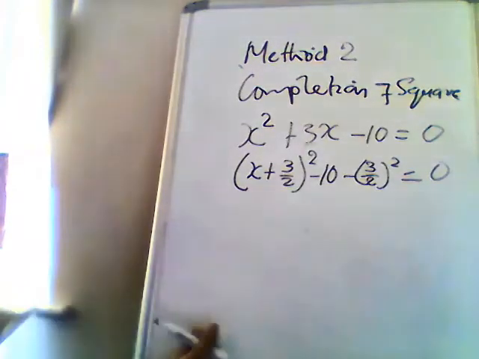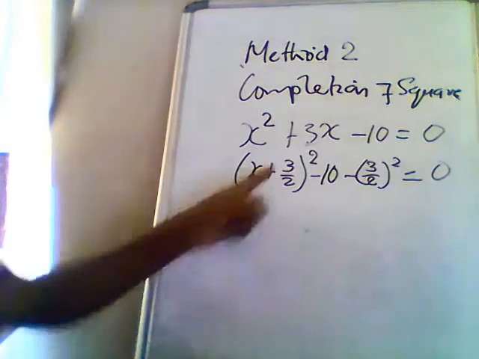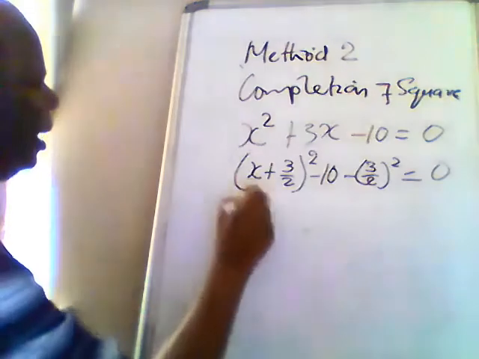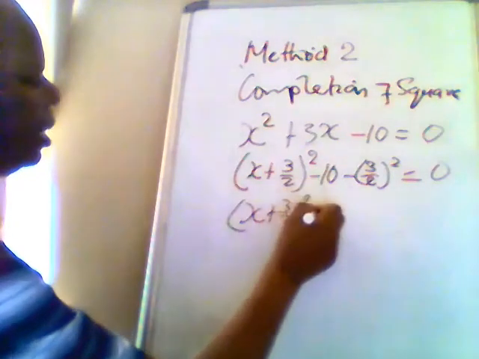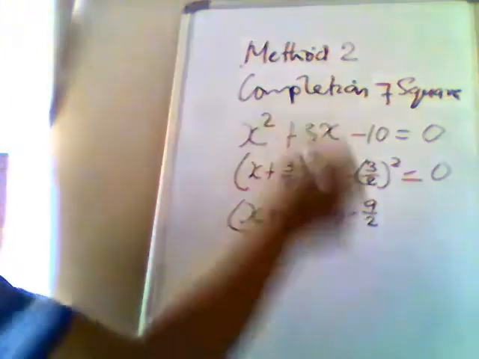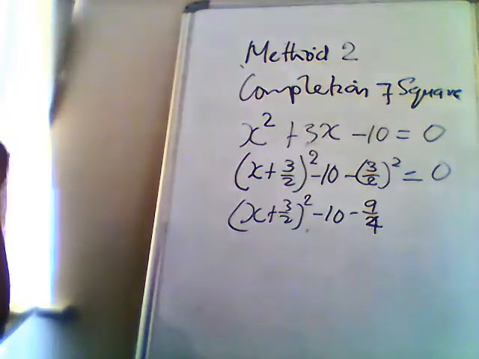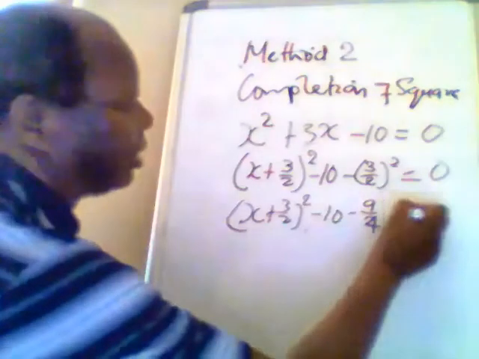It's better to keep it as 3 over 2 rather than putting 1.5, unless it's a calculator paper. If it's a calculator paper, you don't have to worry, but on the non-calculator papers, it's better to leave things in this form. So then I have x plus 3 over 2 squared minus 10 minus 9 over 4. This squared is 3 times 3 divided by 2 times 2, so that will give me 9 over 4,